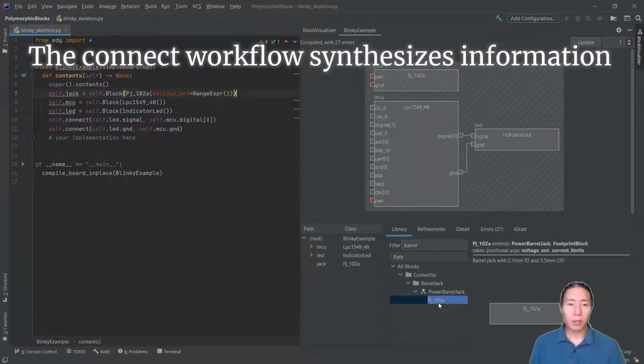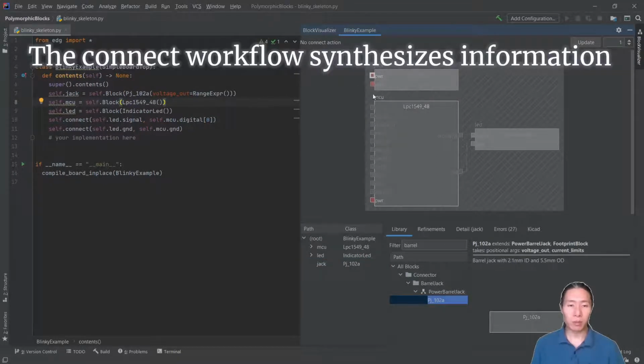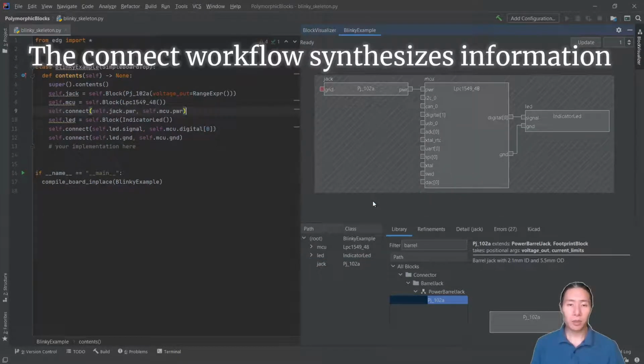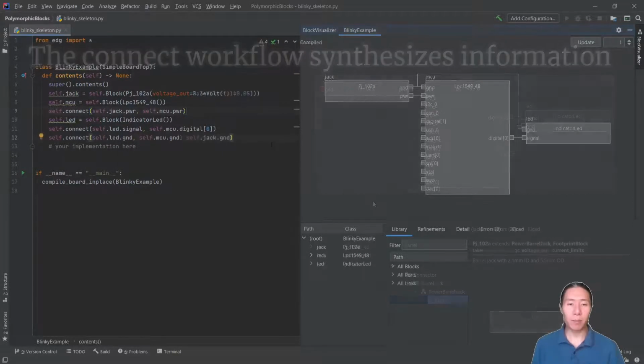The IDE also helps users connect ports by synthesizing relevant information not obvious from the HDL, such as highlighting the required but not yet connected ports, like these power and ground ports in red, and once a port is selected, dimming out incompatible ports. Like with block insertion, this generates code at the caret and speculatively updates the block diagram.